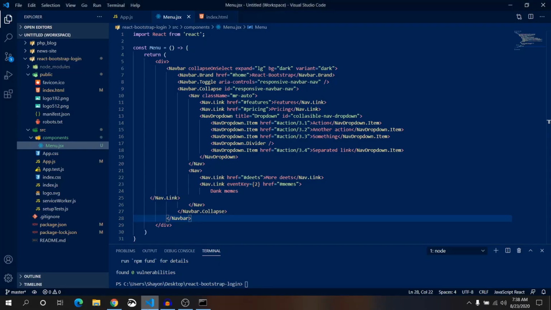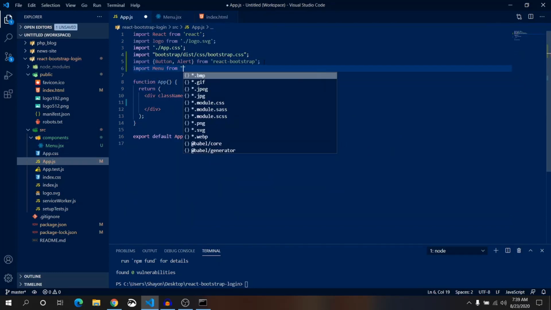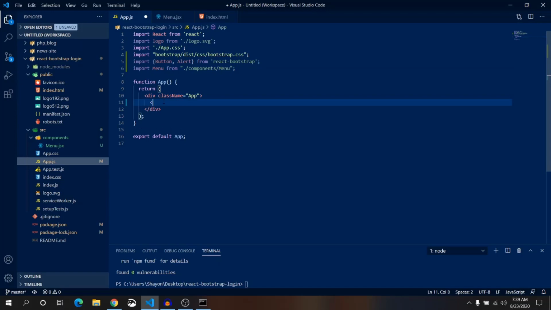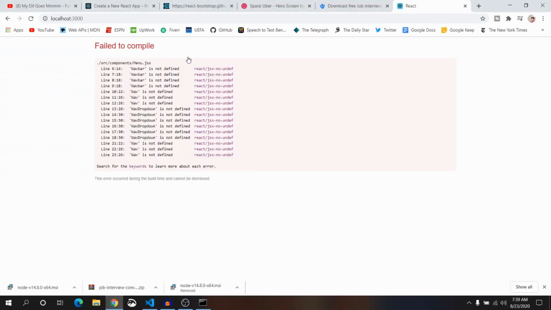It's showing nothing because we have to import it inside our app.js, from components/menu. Now this time it will show us a simple menu, but here we see some error. Navbar is not defined. Navbar drop down.